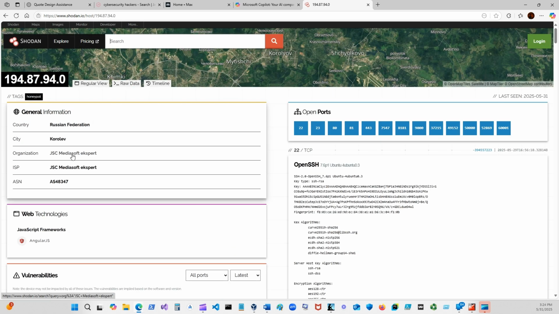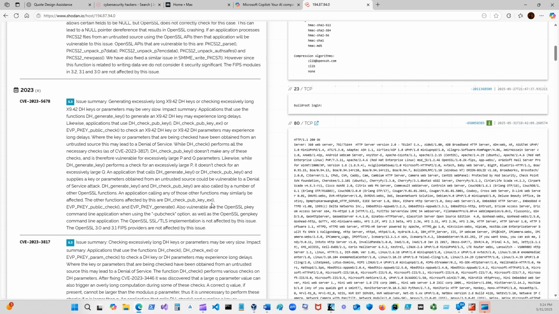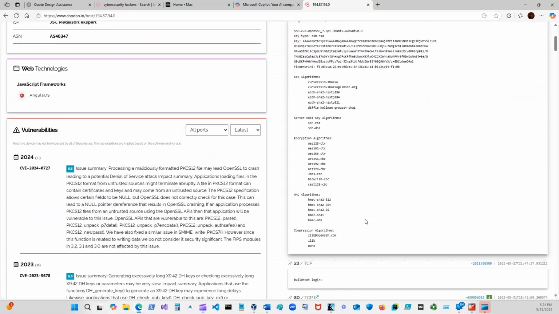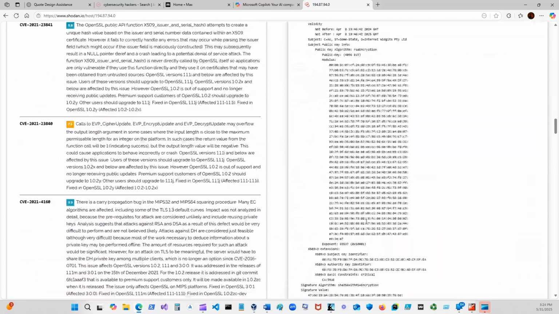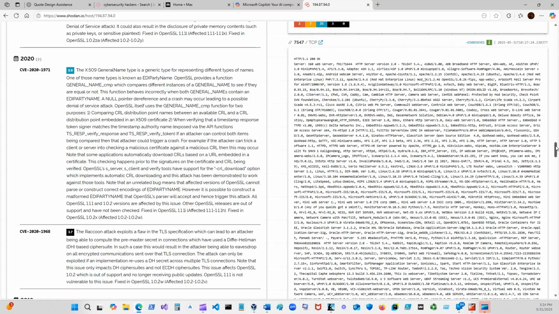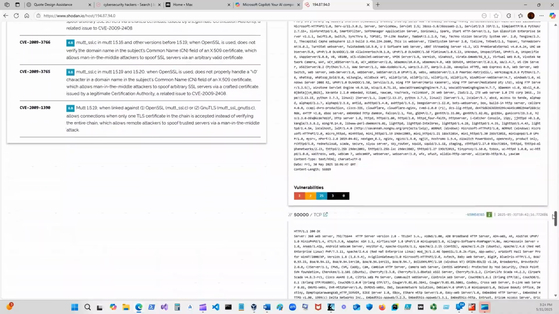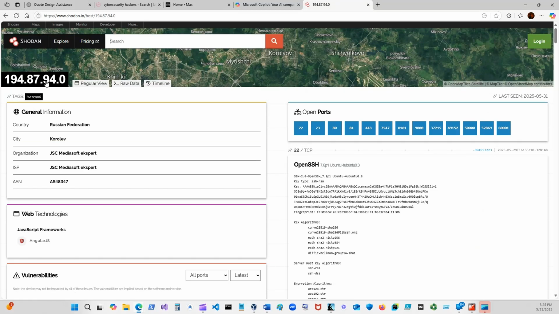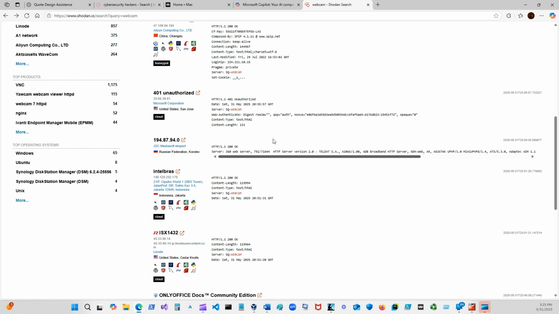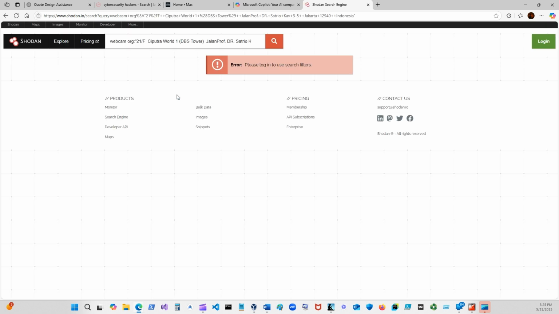There you go. Russian Federation again? Man. I don't even know what I'm doing. I'm just trying to see if I can find a webcam on here. This one doesn't say webcam. That one does.